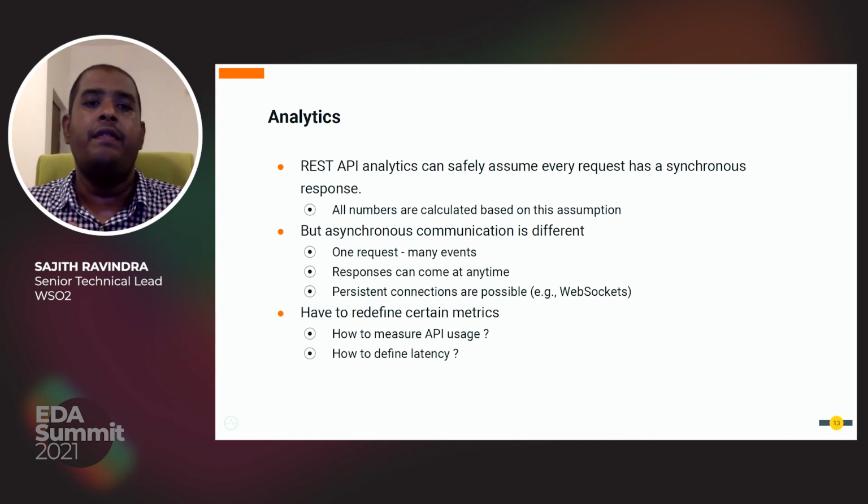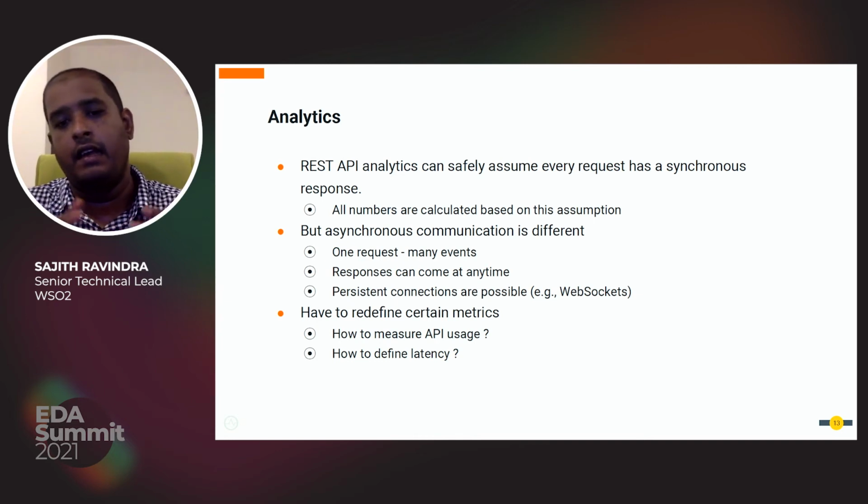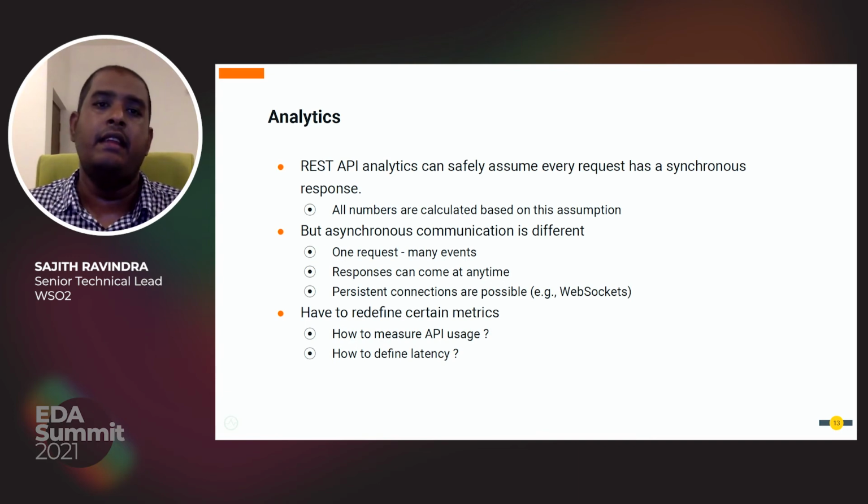We might need to redefine certain metrics, and also some metrics might not be relevant. For an example, what would latency mean in this asynchronous mode of communication? Can we measure it, or is it applicable after all? Likewise, the analytics aspect also has to be fine-tuned to give a clear view on the usage of the streaming API, how the users have interacted with them, how many events have flown through, and how it was performing, etc.